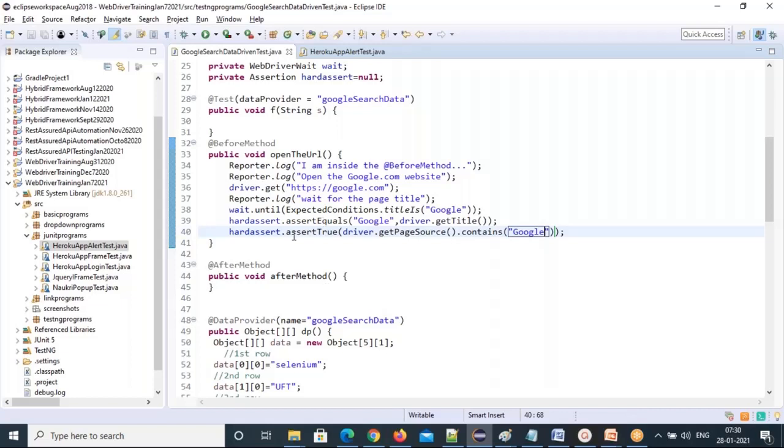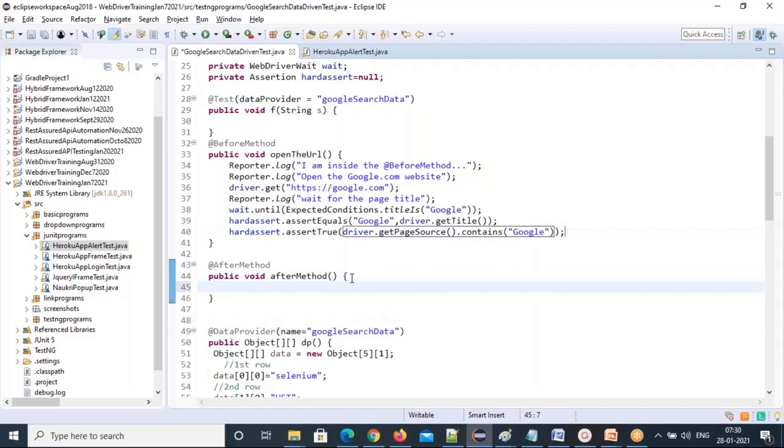In assertTrue you are expecting true, but it is going to return either true or false, right? The contains method returns true or false. This is a string method. I told you very clearly that in the String class, this contains method we're going to use many times.